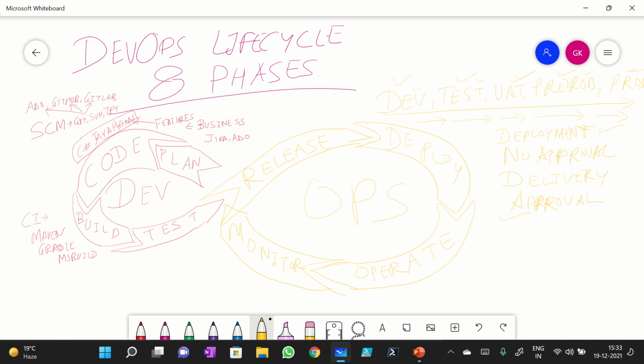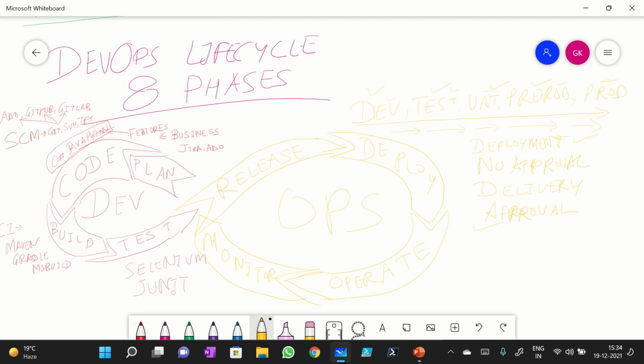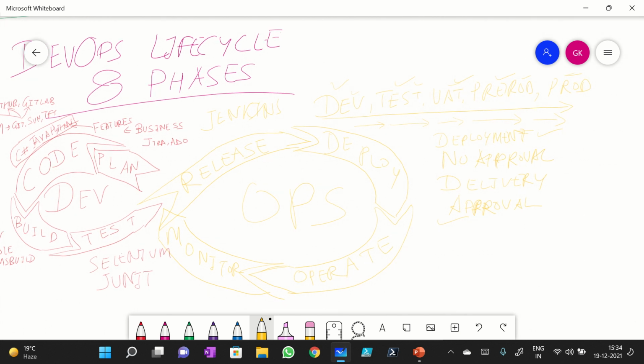So we use different tools in this entire process. I missed mentioning that here. Like you can use Selenium, you can use JUnit. In the release, there are many tools like Jenkins, and we've already mentioned ADO. So you can use Jenkins, and for deployment, you can use different clouds like Azure, which we already mentioned, AWS